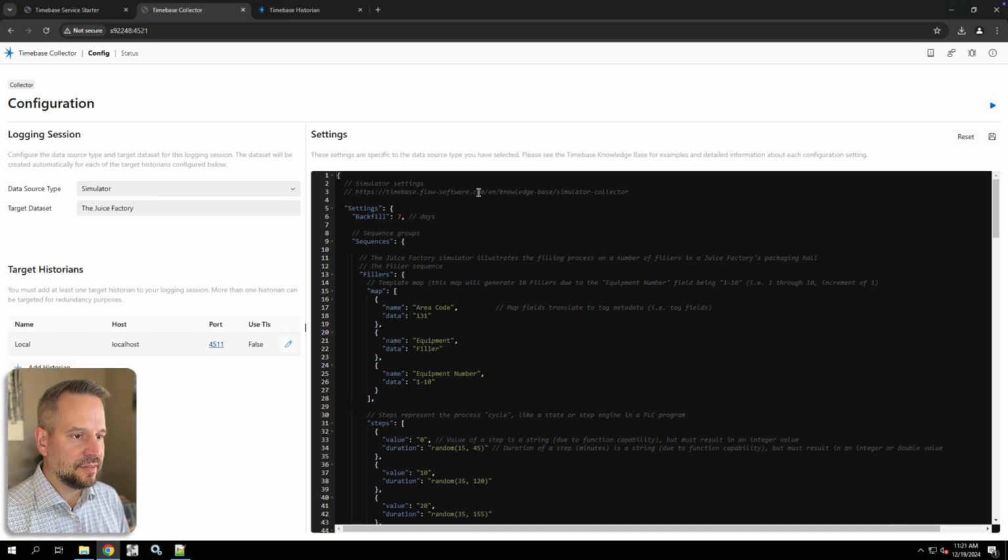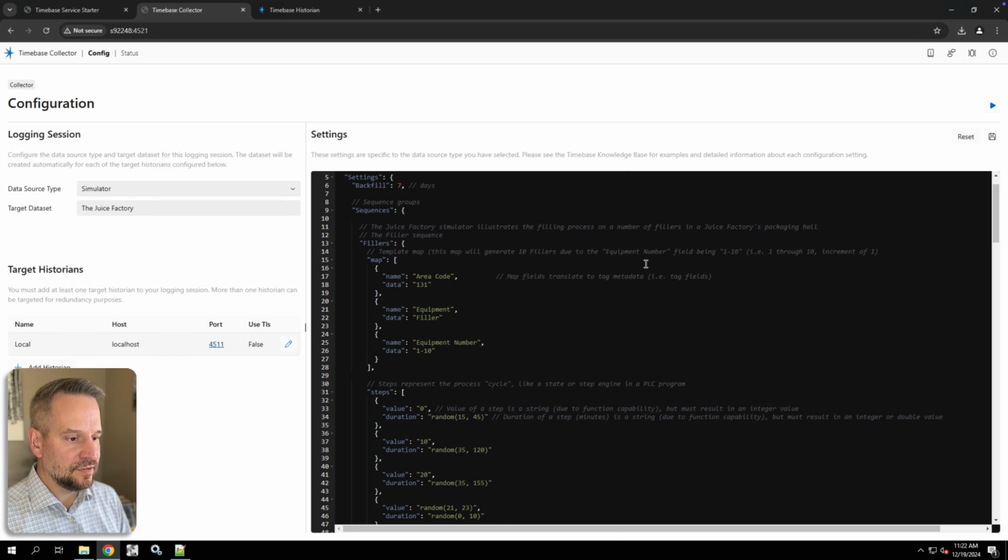Now let's talk about this simulator file. So in our JSON object, you will see that we have provided commented out documentation telling you exactly, in this case, where the knowledge base information lives for this. So if you wanted to understand the settings better, here's where you would go to get that information. Very first part of this is how many days should we backfill? And then as you come down, we have a series of sequences, which are essentially how you would build out